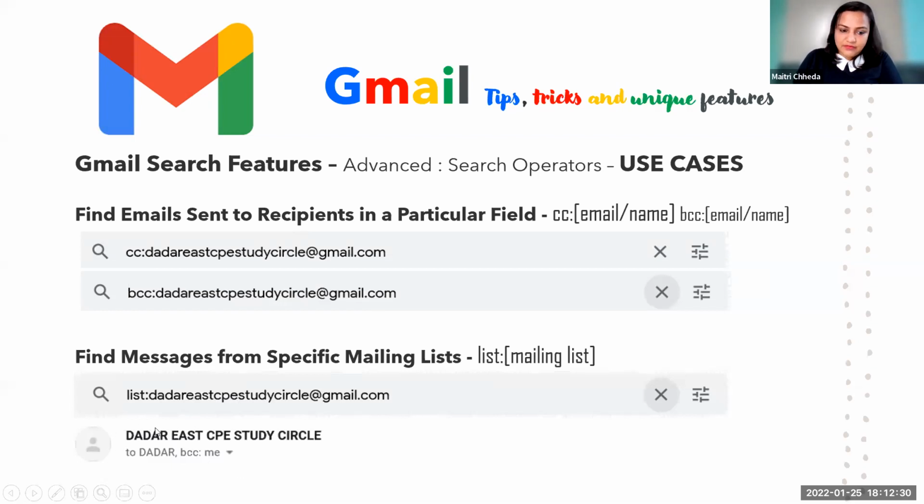So I actually have this, where I am BCC'd, because this is part of a mailing list. Google will know that this is a mailing list where this email ID has sent email to a lot of people in BCC. So I'm part of a mailing list. If I find this out, I know that this is not specifically to me, and possibly I want to or do not want to read it, and I can put it in a specific folder, or do whatever I wish. So this is one option which I can use.